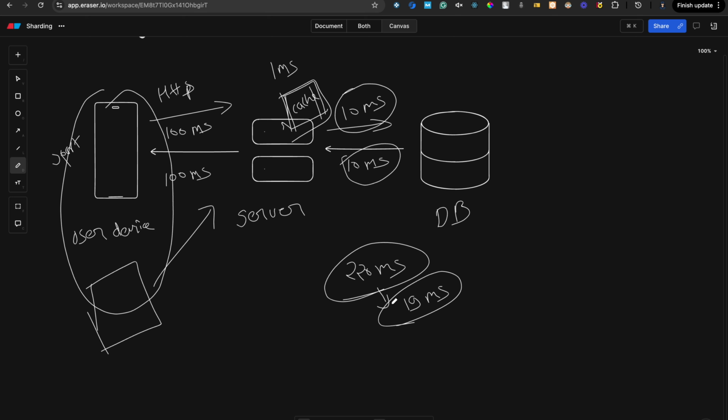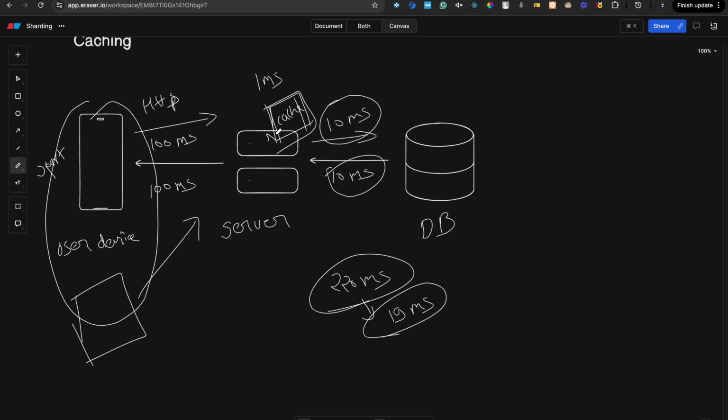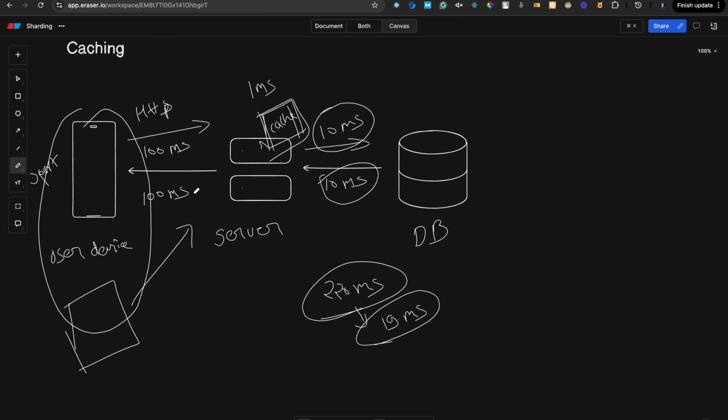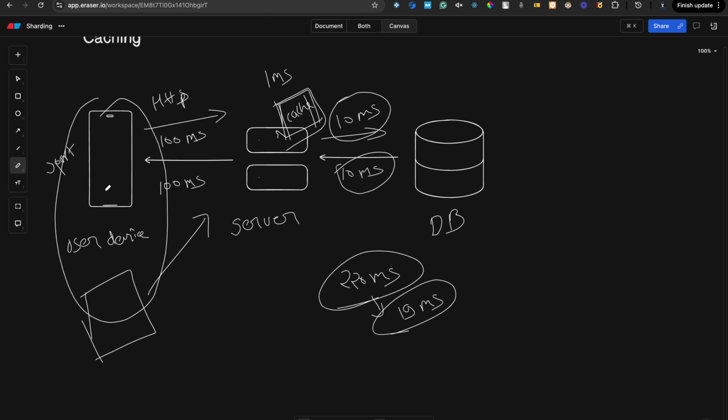Now, I talked about a server cache, right? Now there is one more type of cache. It is the device cache. Let's suppose that you have an Android application or iOS application. There is some storage in every device, right? So we can use that storage to cache some files or folders, images, data or text files, whatever. So we can store that on the device. So even this operation won't take time. This 100 millisecond or 200 millisecond operation will also get reduced.